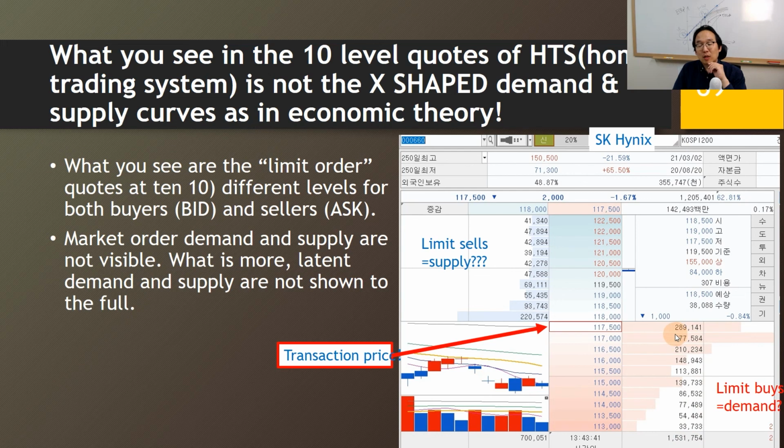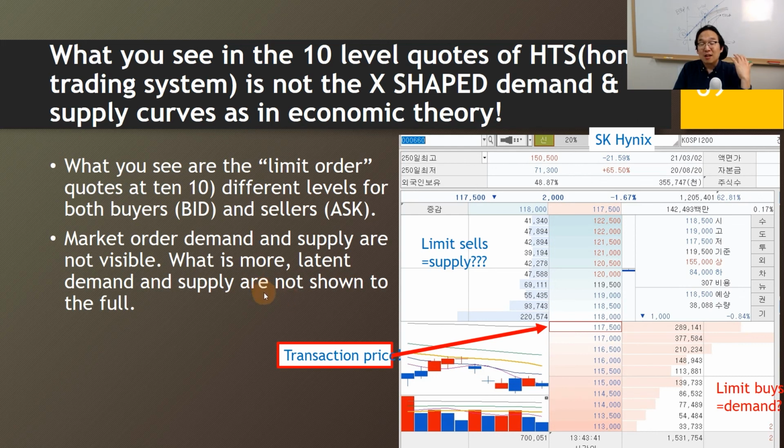And you may insist that if you cumulatively aggregate all these things, then these may show a downward slope. But again, these are microstructure at the second level, in a very short interval, and it's not incorporating the market orders as well as the potential orders. So I have to warn you, these are not the demand and supply curves that we want to talk about